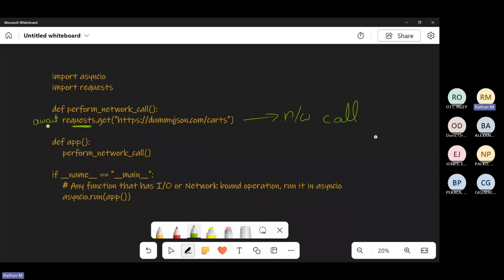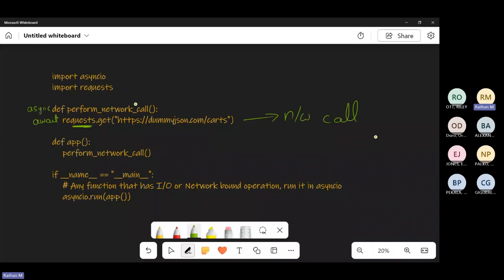And any function that is having await should have async behind it. That's all. This is the basic rule that we follow in short. Any function in which you're making a network call will always have to be written with async as a prefix.